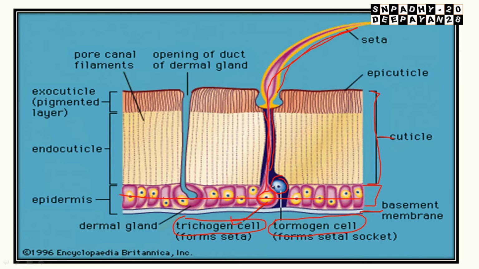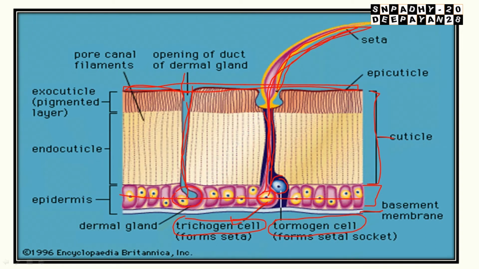Okay, so here what happens? This also dermal gland, this also dermal gland. But this dermal gland helps in what? Some secretion will be there in this epidermis. Those secretions will come upwards to form the different kinds of cuticular layers or cuticular structures. This is one function of dermal gland. Another one is to produce setae, the body hair, which are sensory receptors. Those have different kinds of functions. So that much you have to understand.